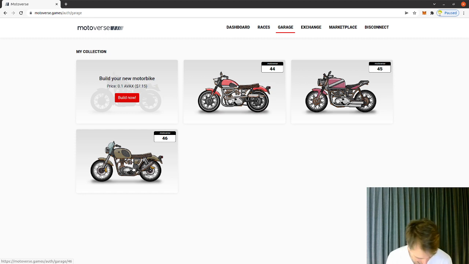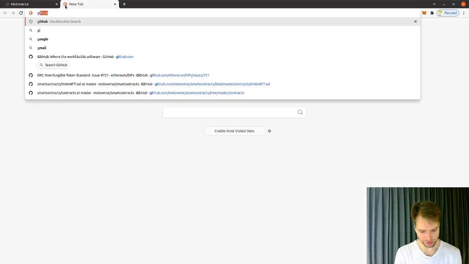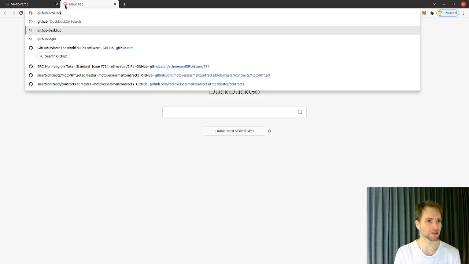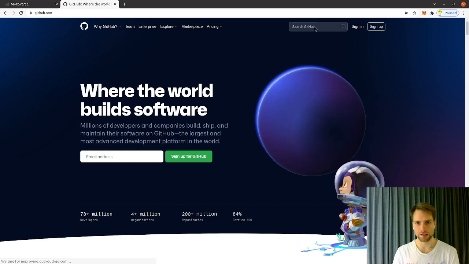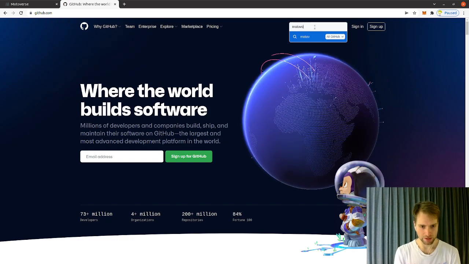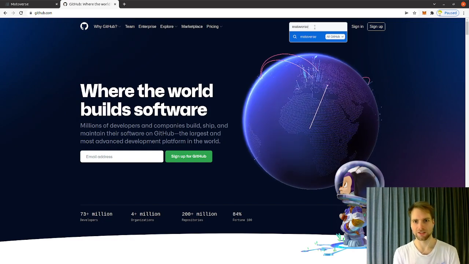So let's look into how that looks from a smart contract perspective. As I mentioned, let's go to GitHub real quick. The smart contracts are open source, and I'm going to link them.